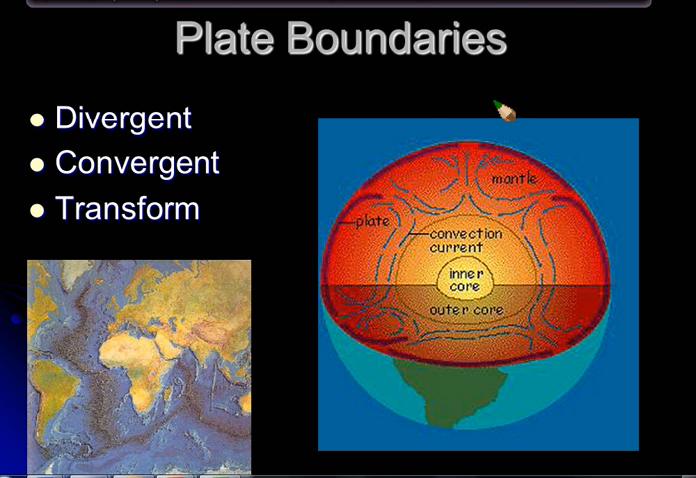Alright, so in this video we're going to talk about plate boundaries. We're going to talk about three types: divergent boundaries, convergent boundaries, and transform. The first thing I need you to do is picture the cross-section of the Earth like we have right here,